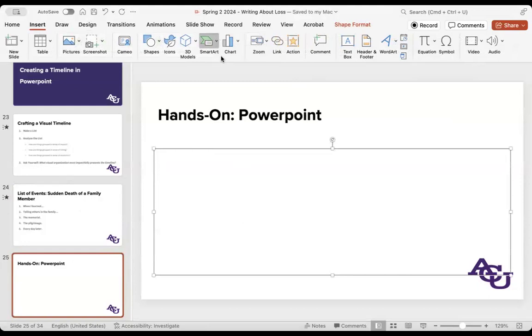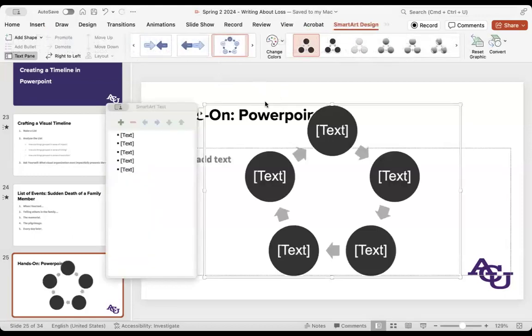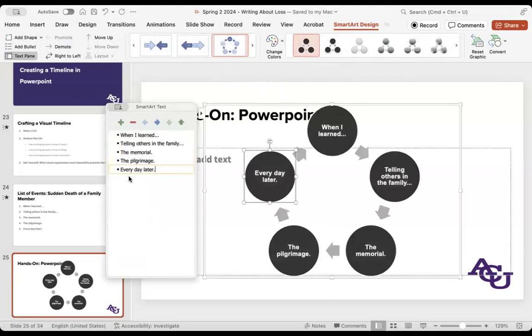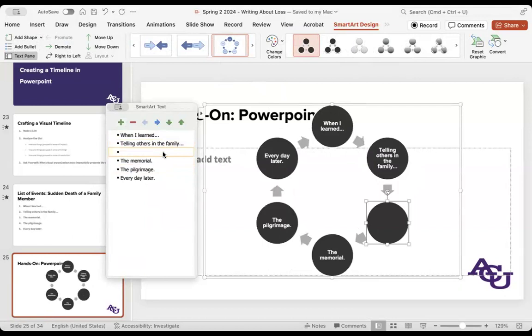Now, one way to process the death of a family member, especially if you are one of the younger members of the family, is you may experience multiple losses. And so let's say we start with this. And so here, I've got my list here, and I've just pasted it in, and you can see, starting with that bulleted list, it has automatically arranged them there. And I might look at this and say, oh, hold on, there's actually something we want to add. So I might add an additional item here and say, okay,